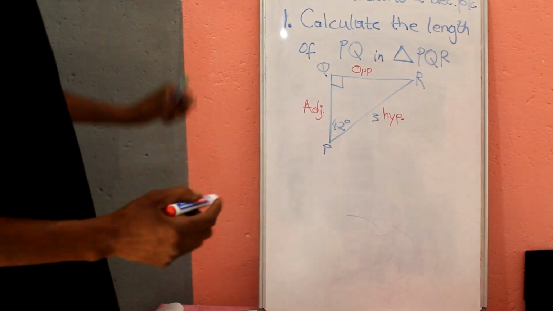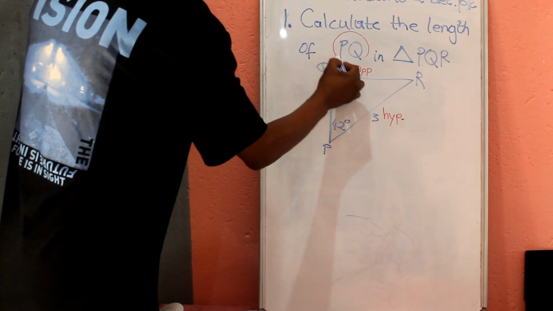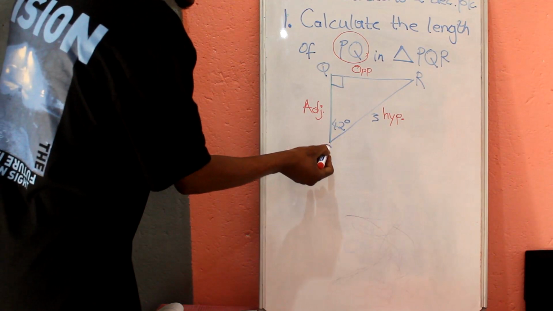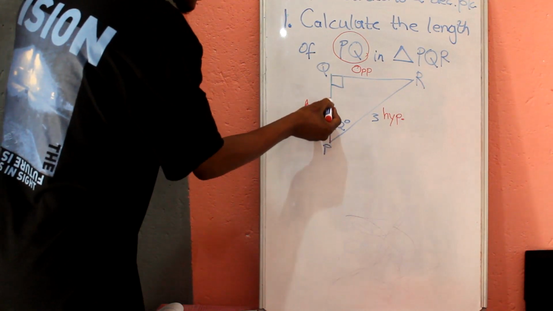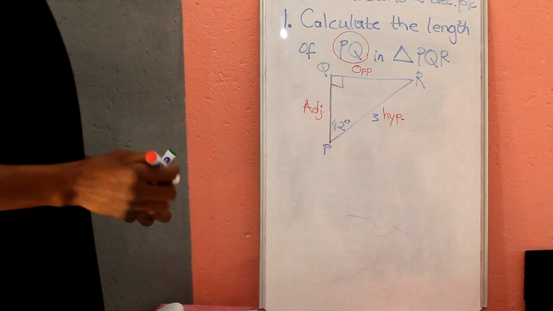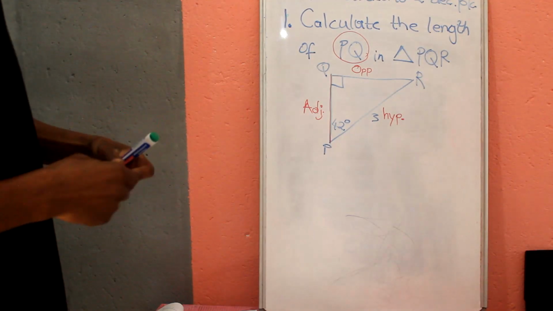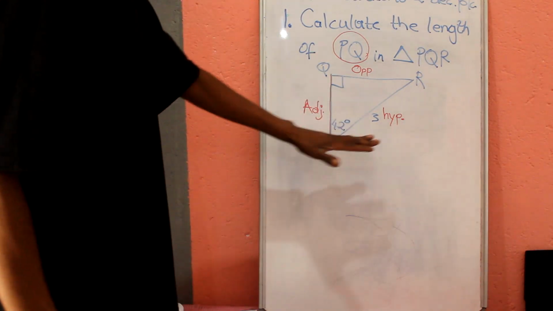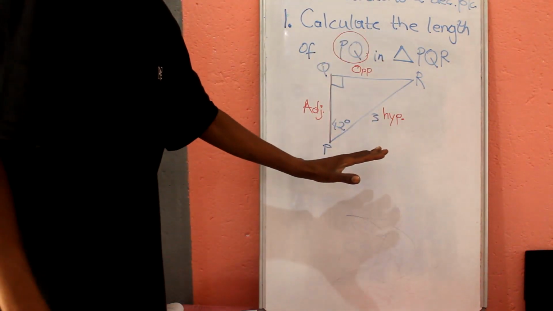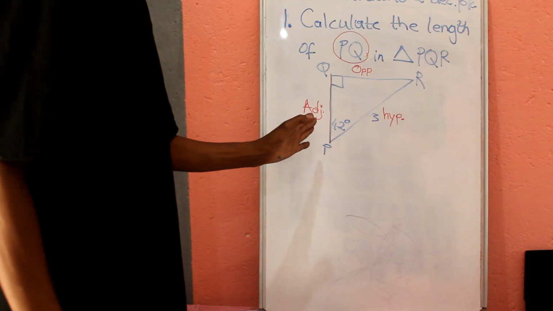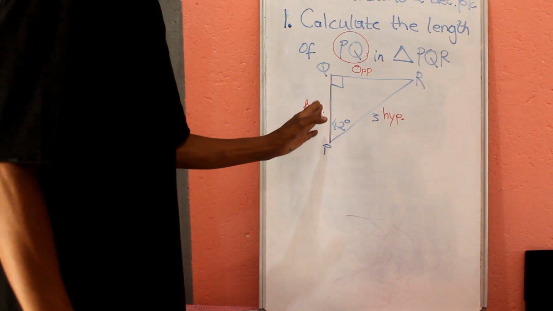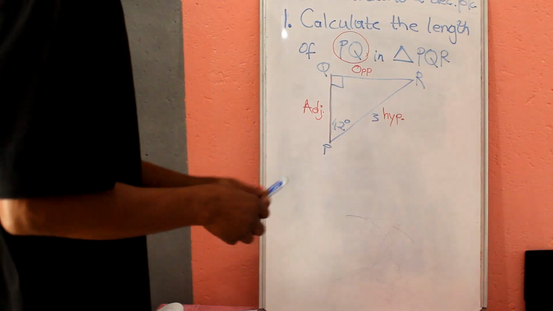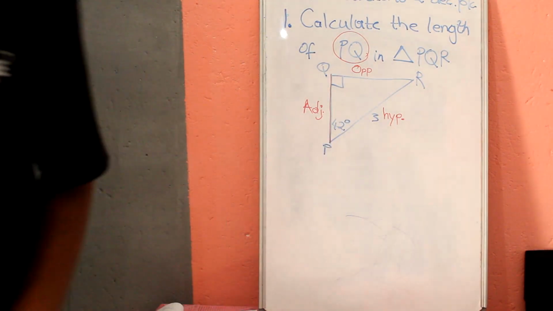Now, the question here says find PQ. So then we're actually looking for the adjacent side as required by the question. We've finished identifying the sides. Now we want to see what relationship comes from the adjacent side and the hypotenuse side. Now we are going to go back